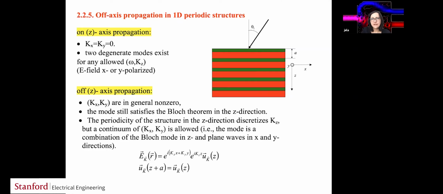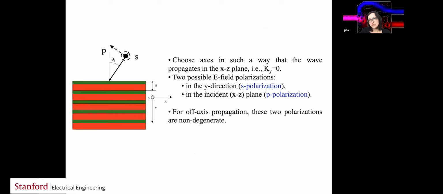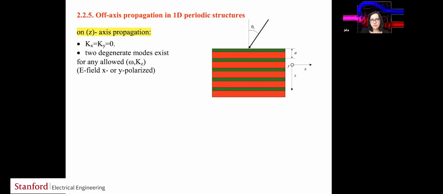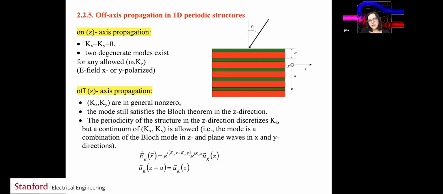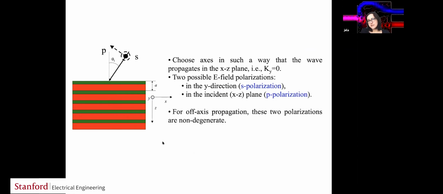And when you do that, and when you solve the problem, you will actually, as we'll see in a moment, come up with different possible solutions for frequencies and wave vectors. And now the wave vector can have even three components, kx, ky, and kz, not just kz for on-axis propagation as what we plotted previously. And before we plot the band diagram, let's just briefly summarize,